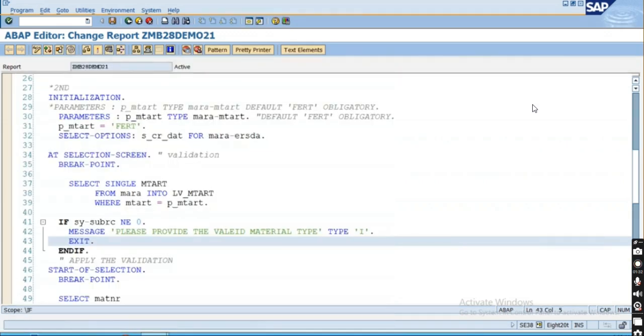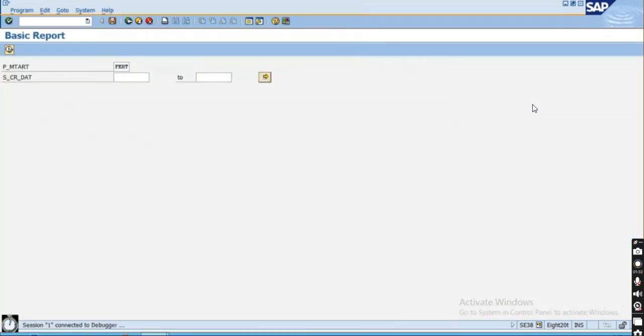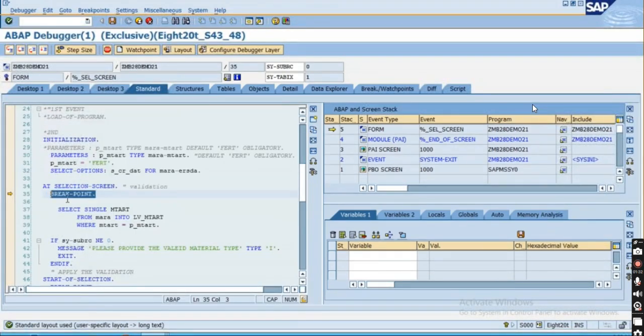Just activate this one, activate, press F8, okay? And press enter now. You are able to see that the breakpoint got triggered. This is a hard coded breakpoint, okay? I have just written it over here, so everywhere if I forget to give it, it will work, okay? But in real-time development, once your development gets completed, we are supposed to remove this breakpoint. Otherwise, every time it will stop over there and the user will get irritated, okay, and he will complain to you. So we don't have to give this breakpoint over there. Once your development, testing and all is completed, you have to remove all such hard-coded breakpoints,